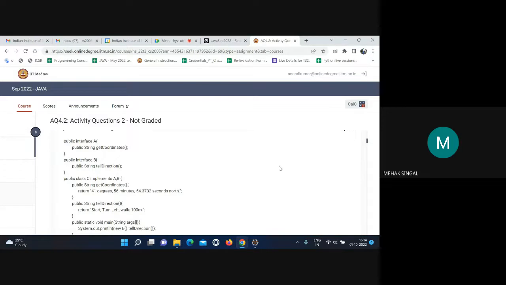Why is it a compile error? See here, interface A has getCoordinates, which is an abstract method, and interface B also has an abstract method. Class C implements both A and B, so it should override both of these abstract methods. Up to this point everything is fine, but look at the function call in the main method: System.out.println of new B dot